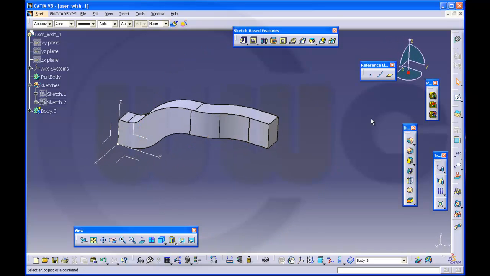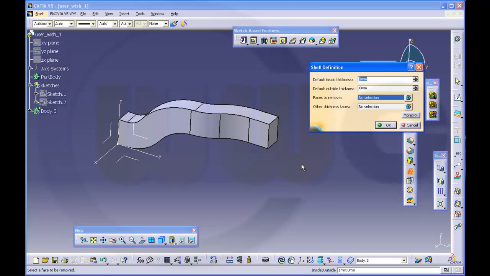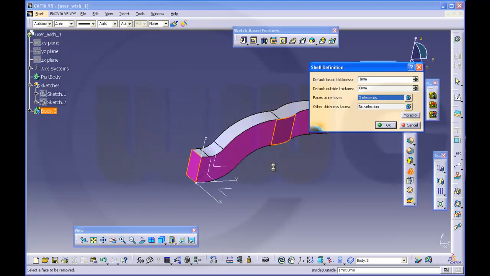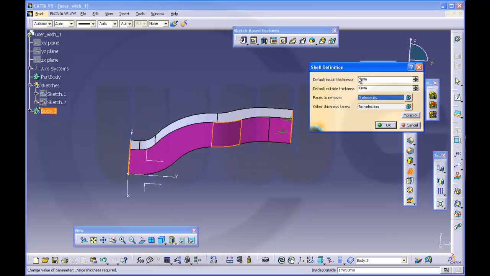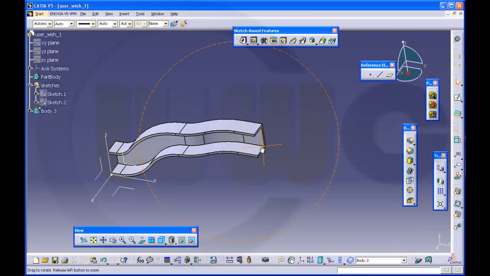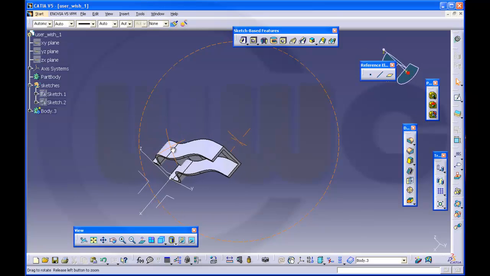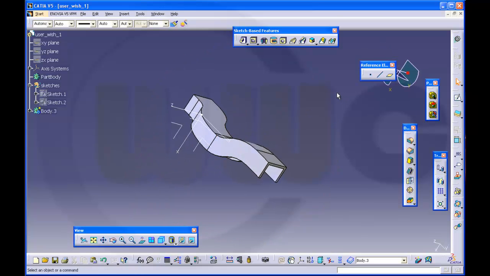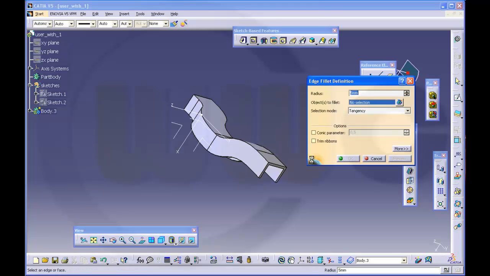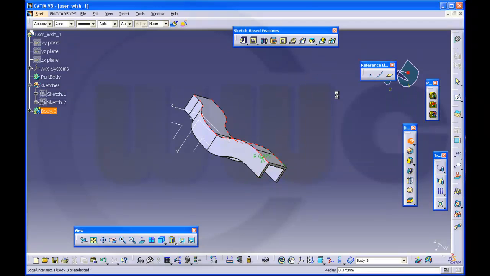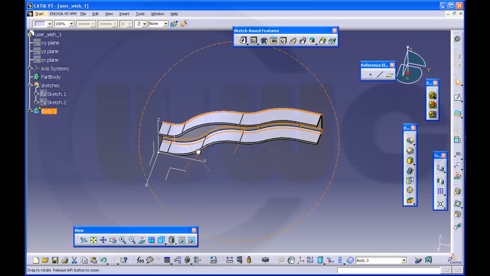Now use shell, remove this face, that face, and that face, and the inside thickness should be 0.25, like this, and then I need 2 edge fillets. This edge, that edge, and it should be 0.375, and right here